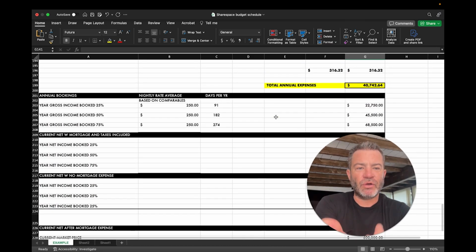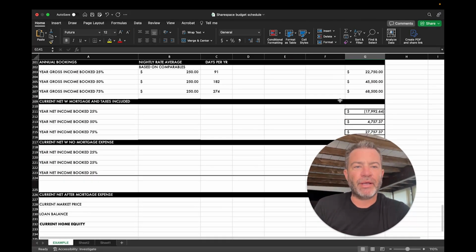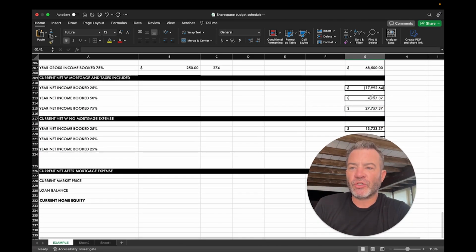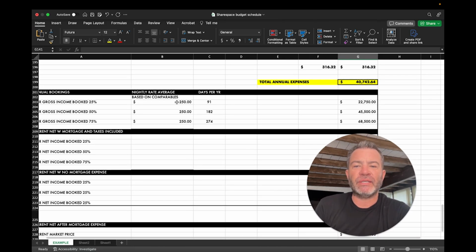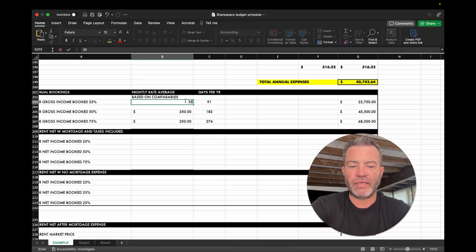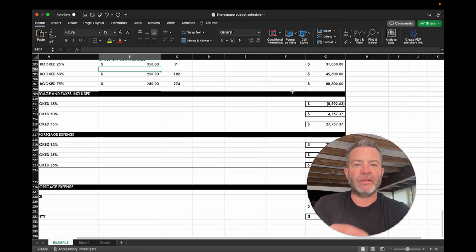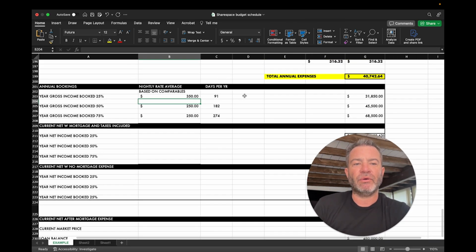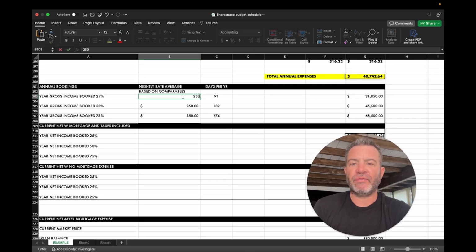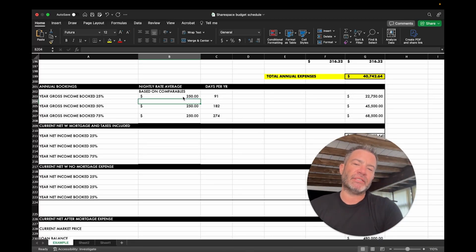But you can get to a point where, just right here, if it's booked half the year, and again, this is at $250 a night, and if this becomes $350, it becomes $31,000, and then you're only down $8,000, but you're also buying the house. So those are just things to think about,